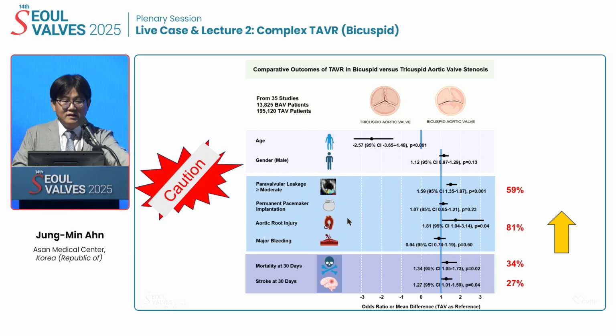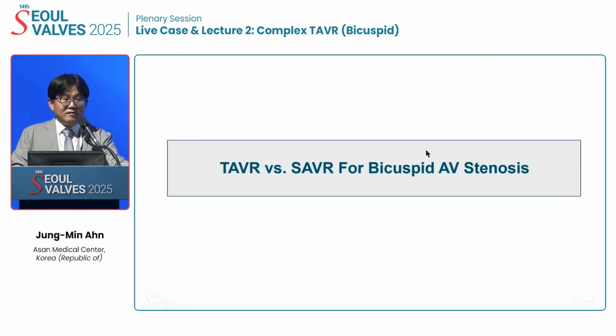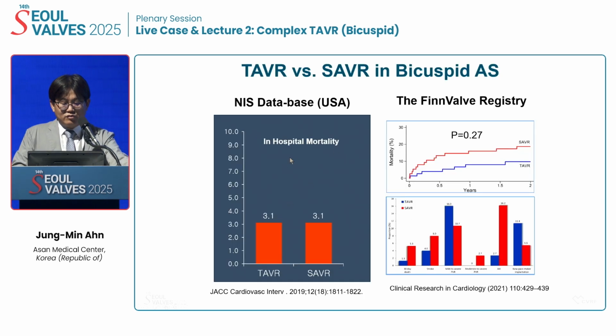So clinically, bicuspid TAVR is associated with a higher risk of PVL and aortic root injury. In addition, compared with tricuspid aortic valve disease, bicuspid aortic valve disease is significantly associated with higher mortality and stroke. Then, when we compare TAVR versus SAVR for bicuspid aortic valve disease, there are just small